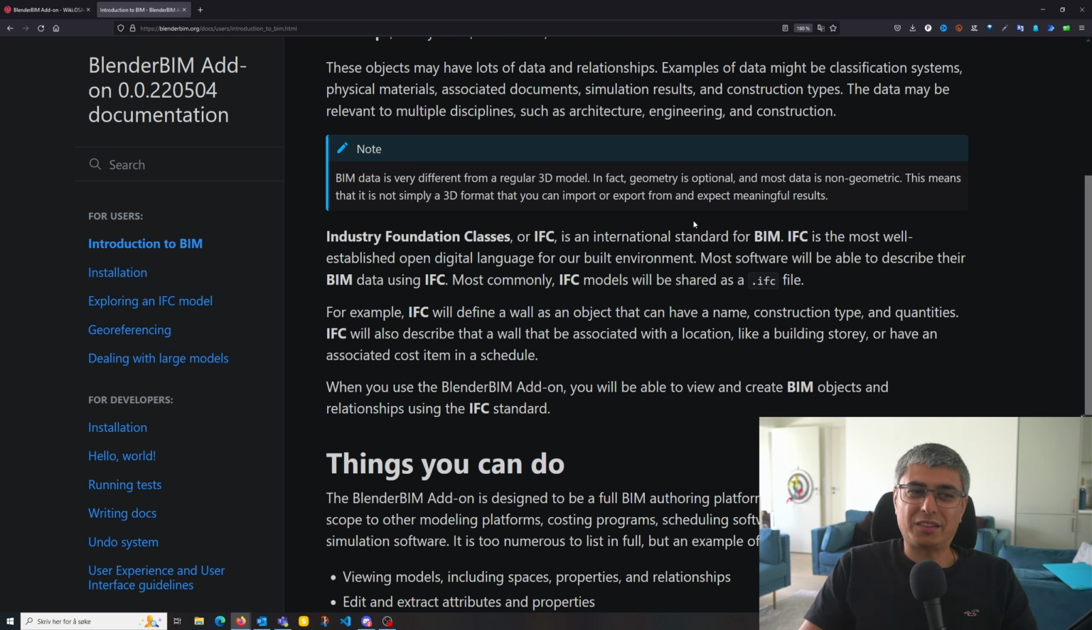Industry Foundation Classes, or IFC, is an international standard for BIM. IFC is the most well-established and open digital language for our built environment. Most software will be able to describe their BIM data using IFC. Most commonly, IFC models will be shared as a .ifc file. For example, IFC will define a wall as an object that can have a name, construction type, and quantities. IFC will also describe that a wall can be associated with a location like a building story, or have an associated cost,